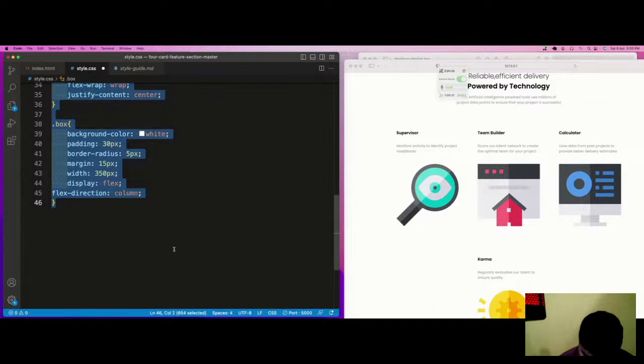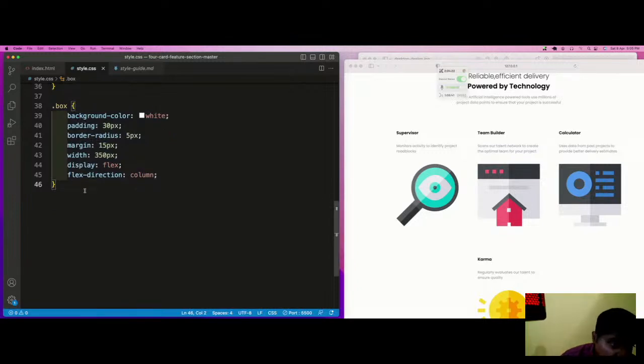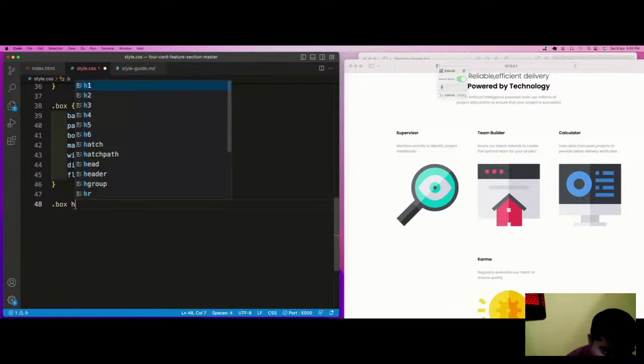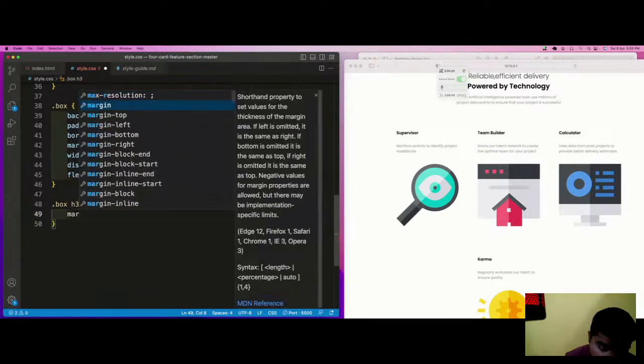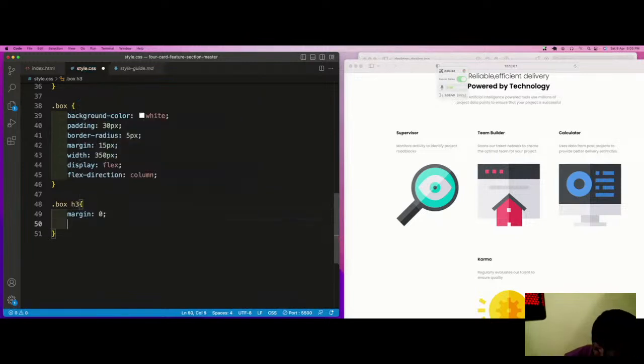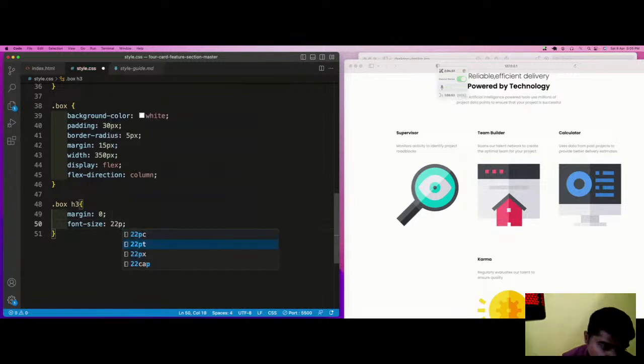Okay, Control A, Control Shift P, format selection, everything gets selected. Now after this, we will target the header, dot box h, with a margin of 0 and a standard font size of, let's say, 22.